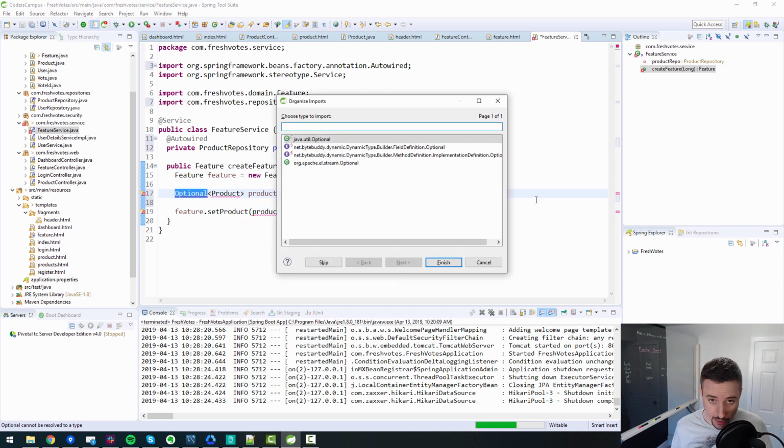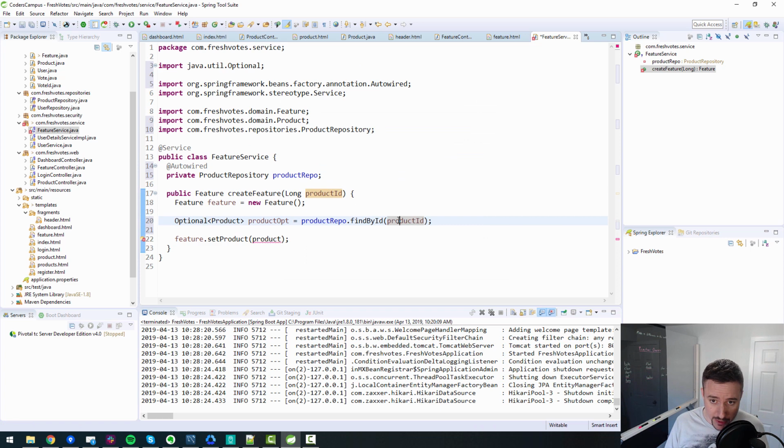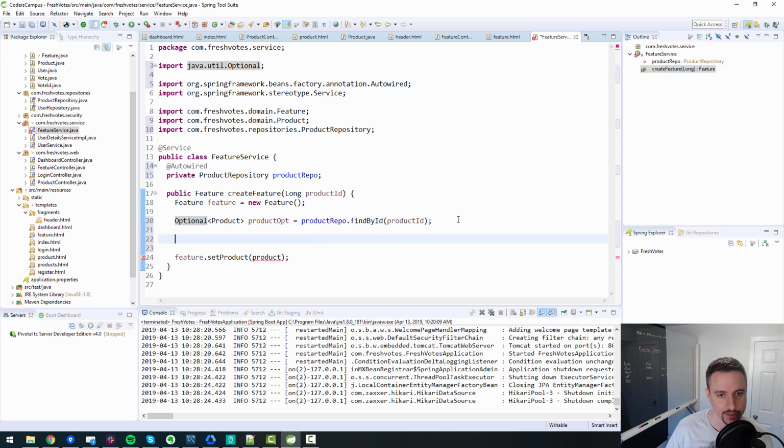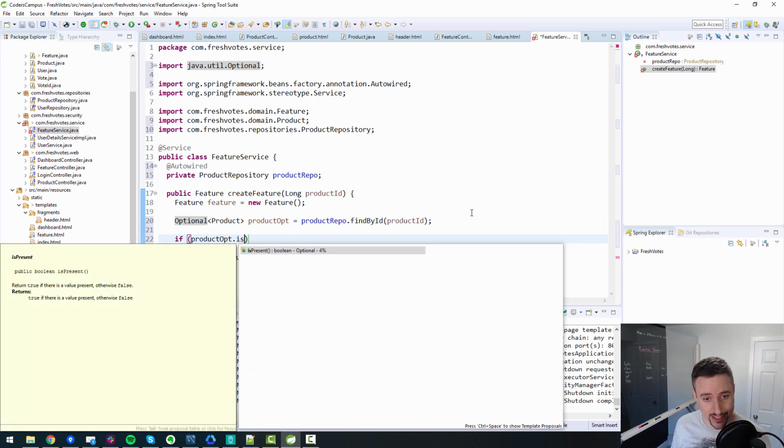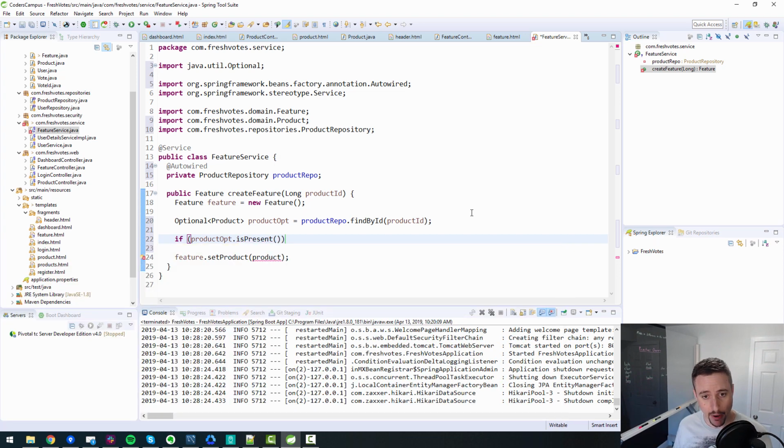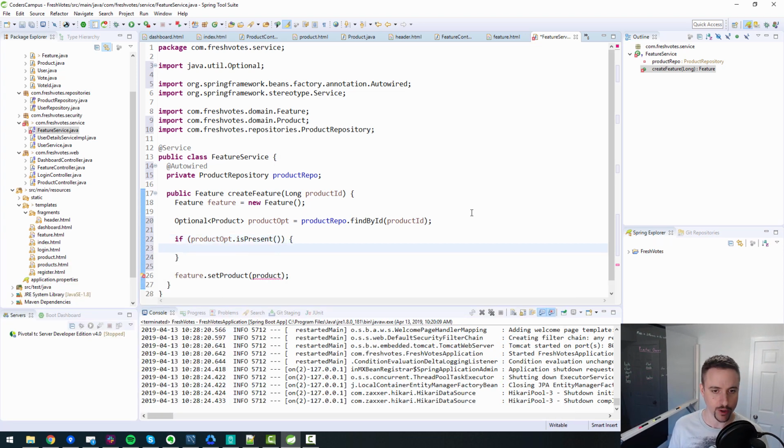It should return a product from the database unless you pass in the wrong ID, and then it won't. So this just forces you to handle the case where it returns nothing. So basically you say, if product OPT is present, then we have a product, and we can go and do something with it. So you can say product OPT dot get to get the product from the database,